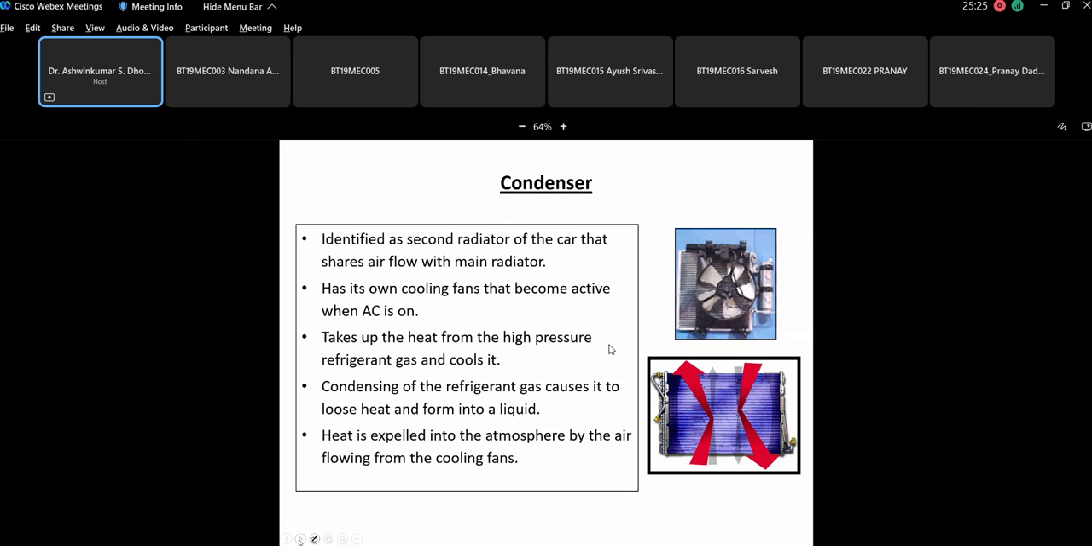Okay, because when you compress the gas at high temperature, high pressure, to the high pressure from low pressure, almost